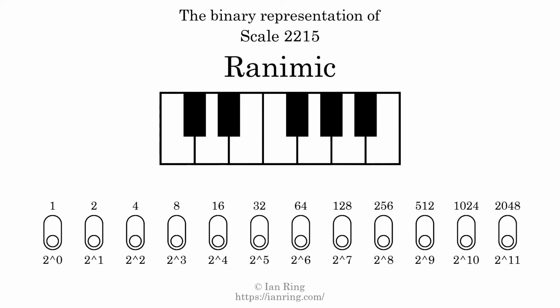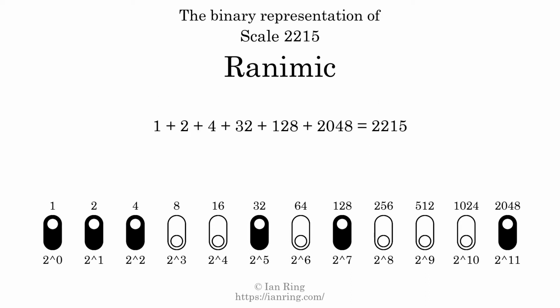The binary representation of this scale is determined by mapping tones of the scale to binary digits. Each binary digit represents a power of 2. To get the scale number, we add the powers of 2 together. The powers of 2 that are present in the scale, all added together, equals 2215. That is why the scale number, in decimal, is 2215. The scale number not only enumerates the scale with a unique index, but it also literally describes the tonal content of the scale. Represented as a binary number in base 2, the scale number is